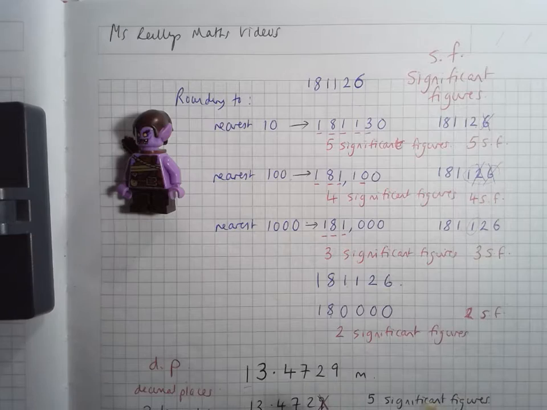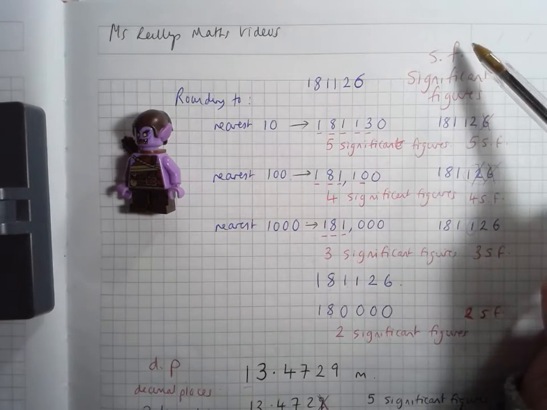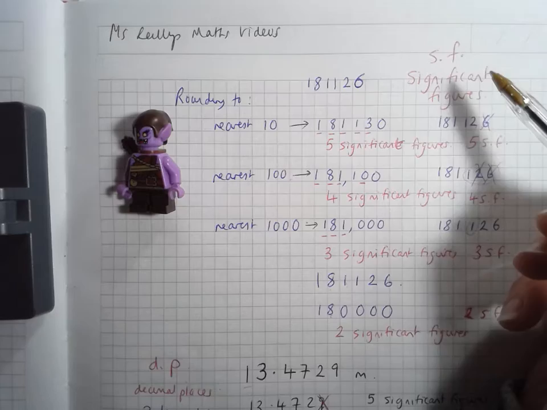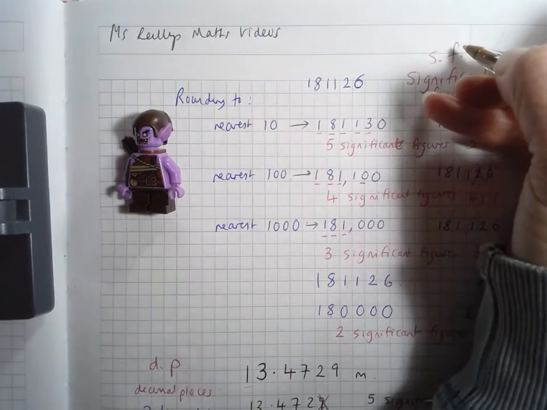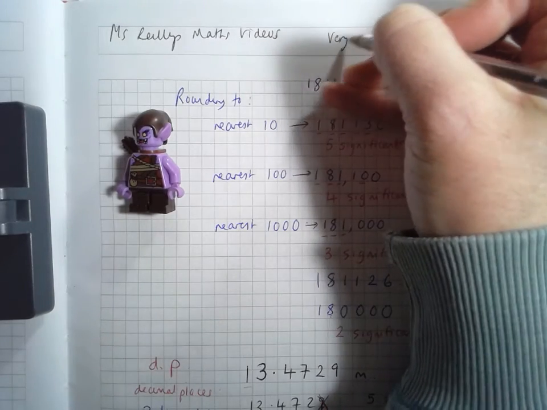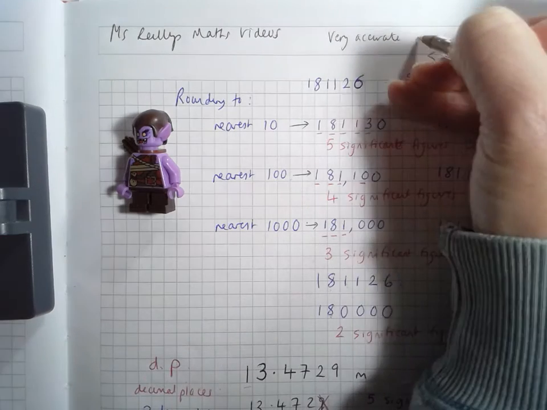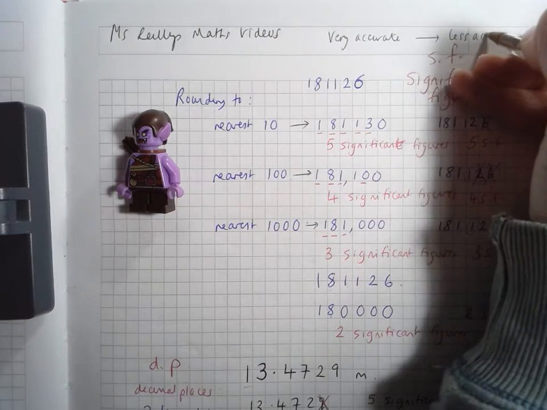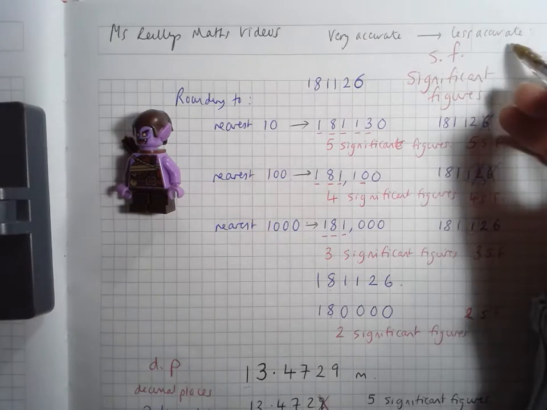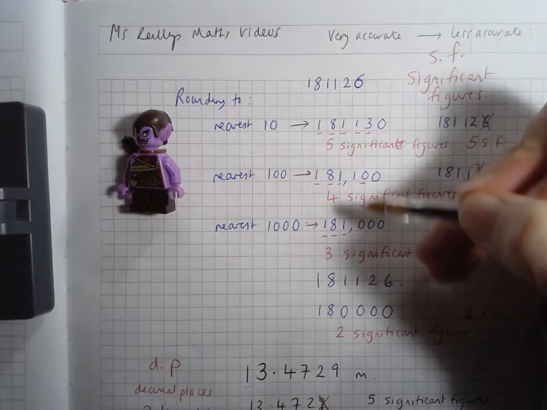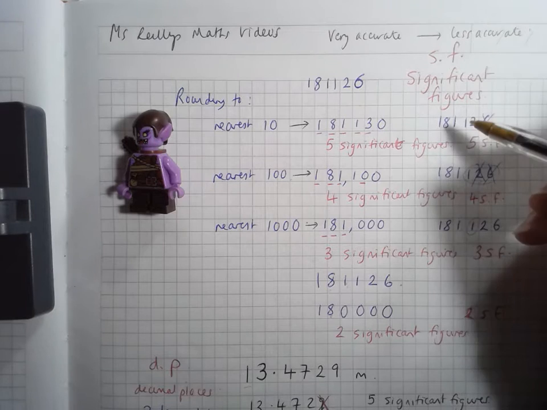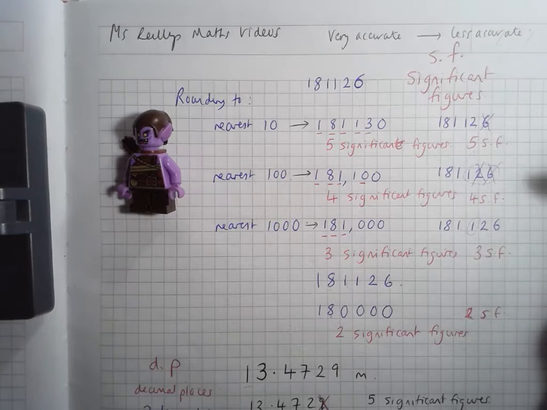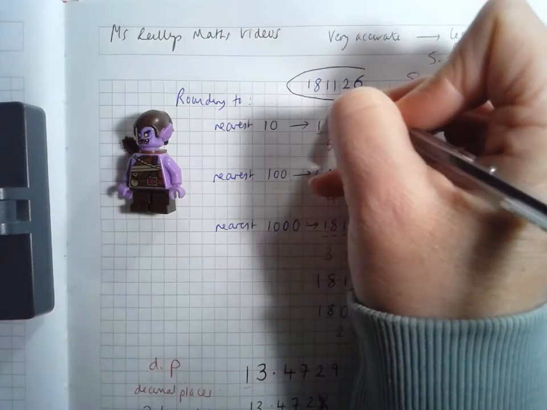We've talked about estimates before and we've talked about rounding numbers. Usually when we round, we make something that's very accurate less accurate. We do that because it's easier to use the less accurate number, because there are fewer numbers in it or fewer decimal places, and it's an easier number to use in different types of operations when we're not using a calculator. So the number I'm looking at today is this number,